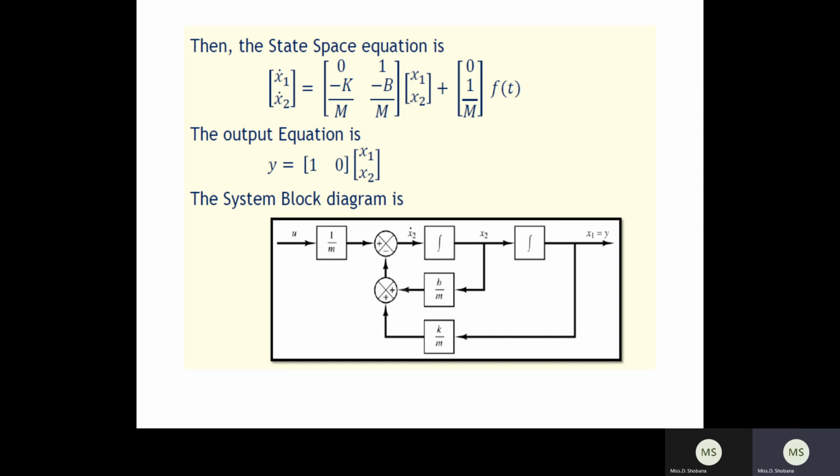From the equation you can write x2, and that will be given to k divided by m, and that will be given to the input side. Similarly, x1 will be taken and given as b divided by m, and then overall we write a minus. From the input side we get 1 divided by m, which will be given to your summer like this. So from the state equation you can draw the state model, and from the state model you can obtain the state diagram for any given system. The mechanical system is completed, and then we are going to go with the electrical system.